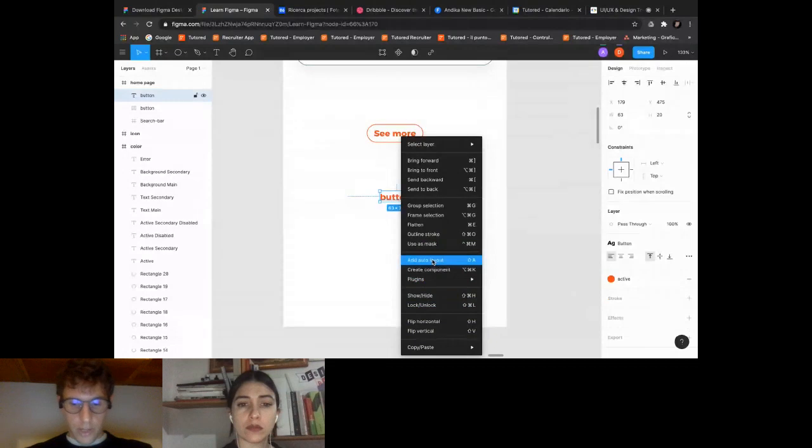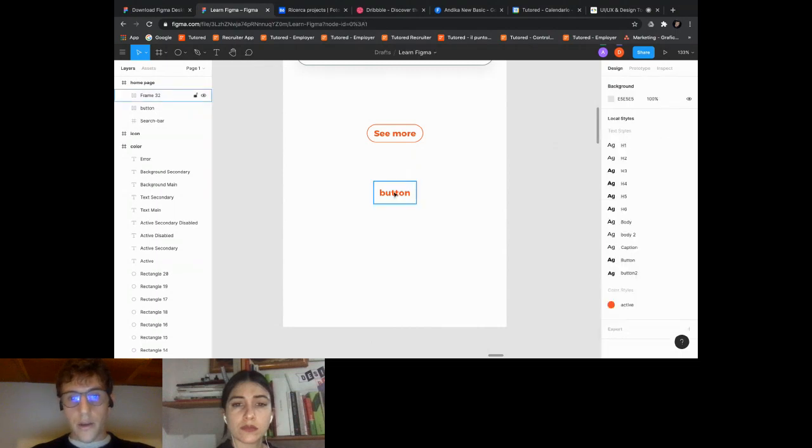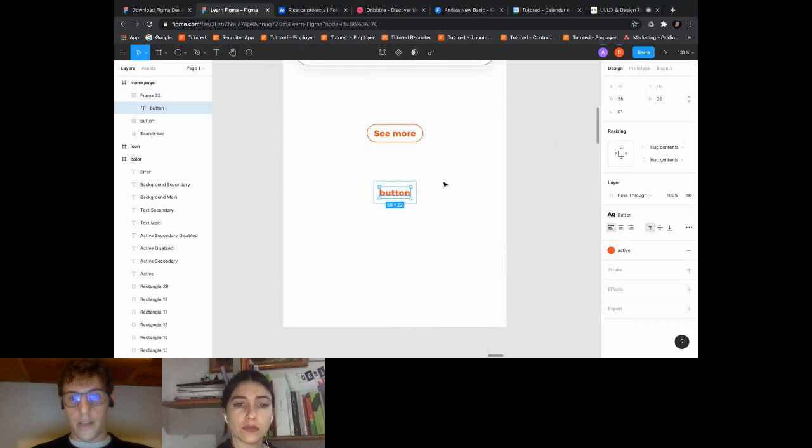Add auto layout. You can also use the shortcut on your keyboard, Shift A. Okay. What happened? Now we have our auto layout, and we have generated a padding around our text box. Look, it's different.